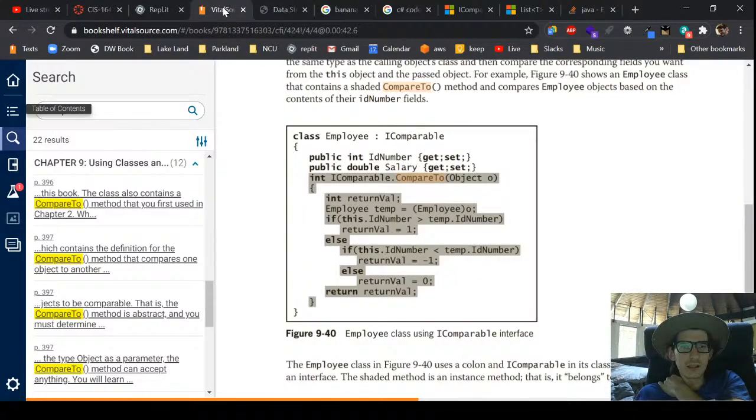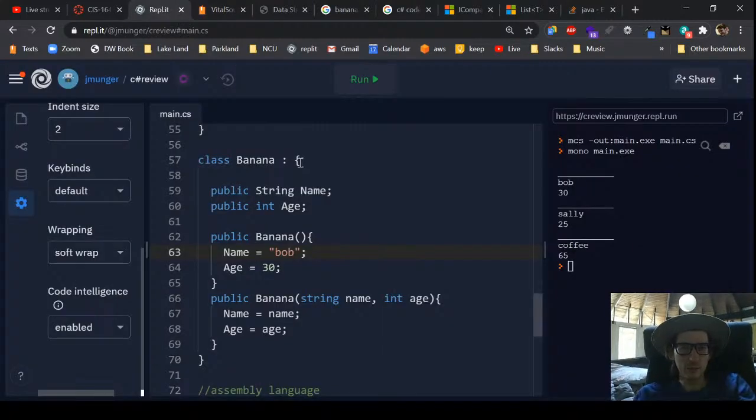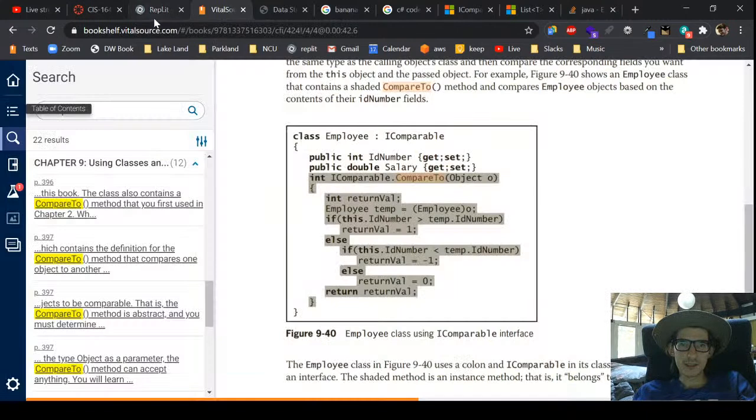It wanted me to take my banana and call it IComparable. So we're using an interface. You know that because they're always named with an I in the beginning. And what this allows us to do,